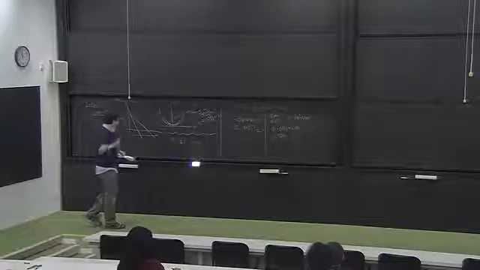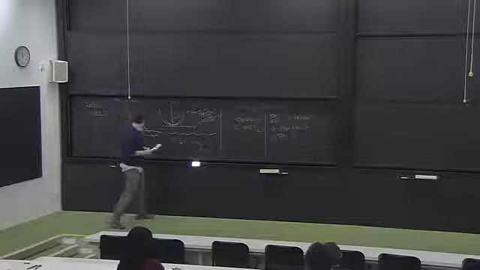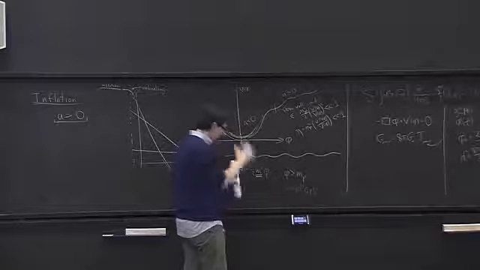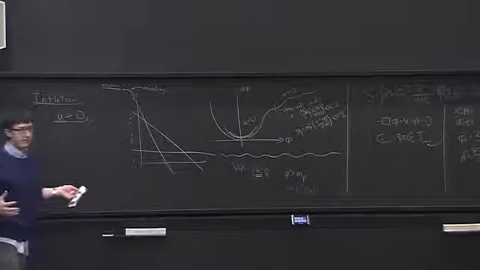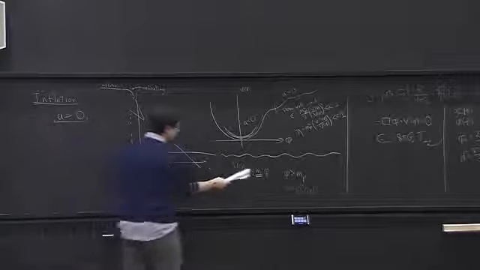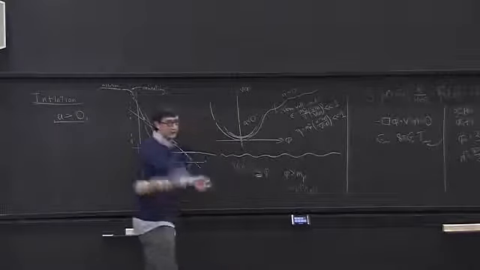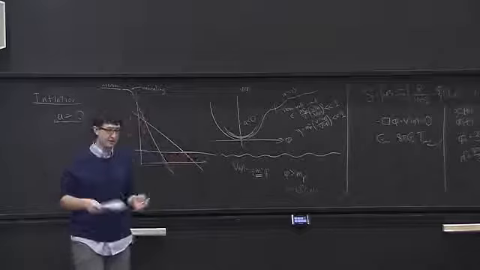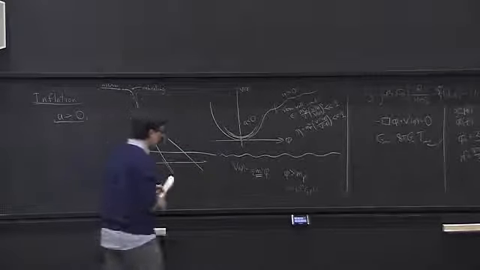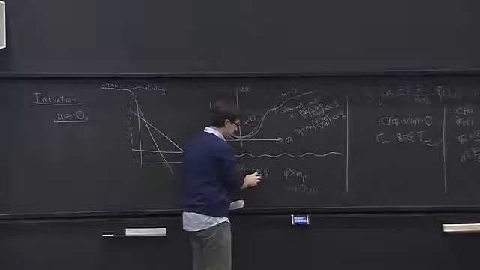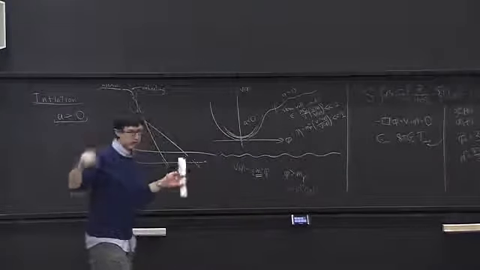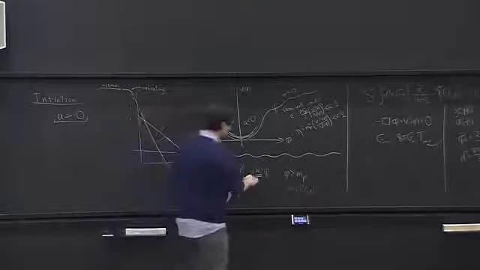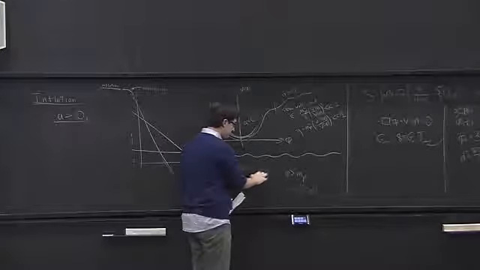Now that you remind me, there are two issues of fine-tuning. One is like with the Higgs potential: why is this mass parameter so much smaller than the hypothetical cutoff scale of the theory? As far as we know, the standard model is valid up to the Planck scale or the GUT scale or some very high cutoff, and when you calculate the quantum corrections to an m squared phi squared term,